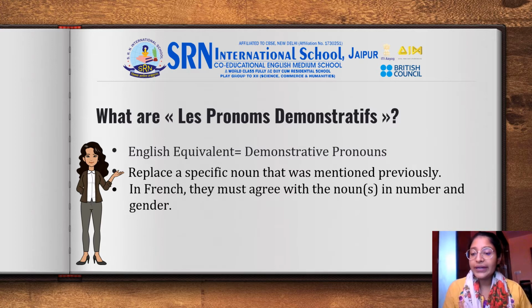So according to the gender and the number of that noun, the demonstrative pronoun is used. Another thing, it is used to replace the specific noun which was mentioned previously, because obviously we use the pronoun for a noun which has been used previously.